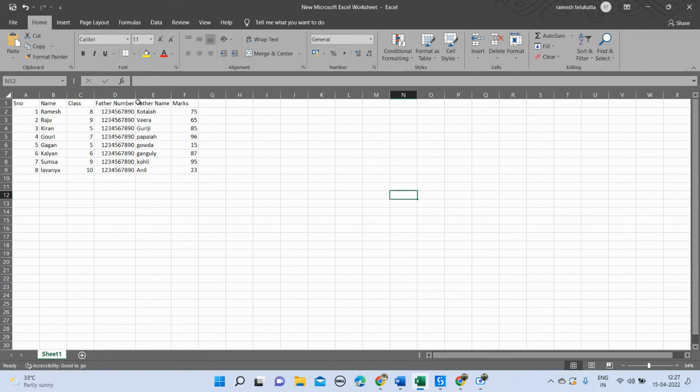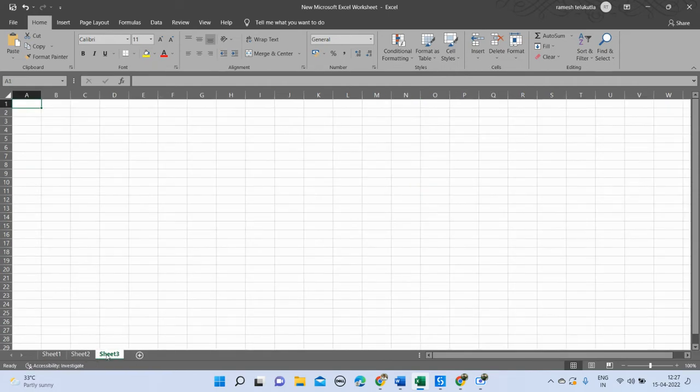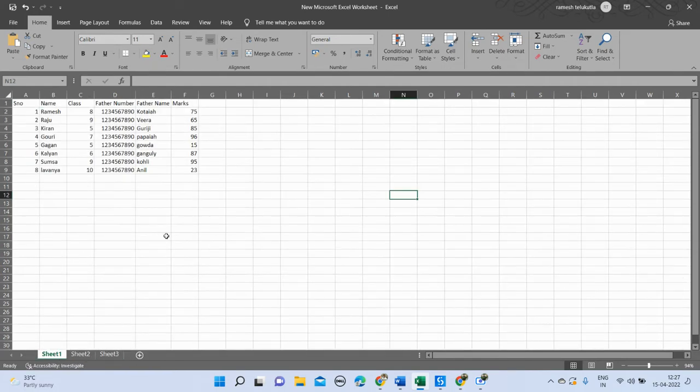In this particular data table, or Excel sheet, we have Sheet1. We name it Sheet1, and if you want, you can create multiple sheets also. Let's talk about Sheet1. In Sheet1, we have data from A1 to F9. So this is my range. If someone asks me what data range is filled in this particular Sheet1,